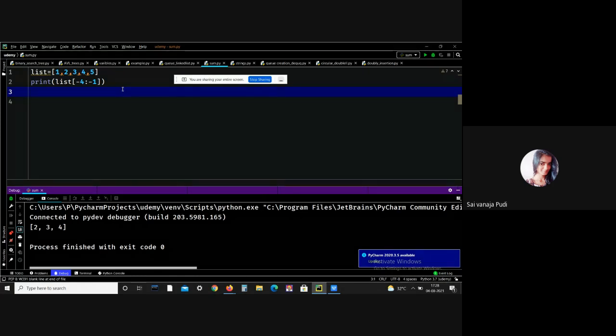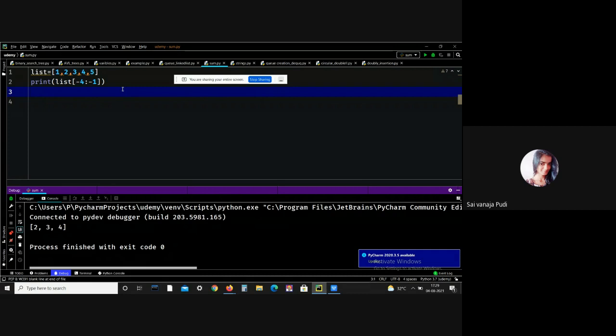Now I just want to perform some operations on lists. I already said that lists are mutable, so we can perform any operations, that is inserting elements, deletion, updating values, and we can perform some other operations also, printing maximum element, minimum element, and we can find the length of that particular list. We can perform all those operations because lists are mutable. Okay, the first thing is updating list values.